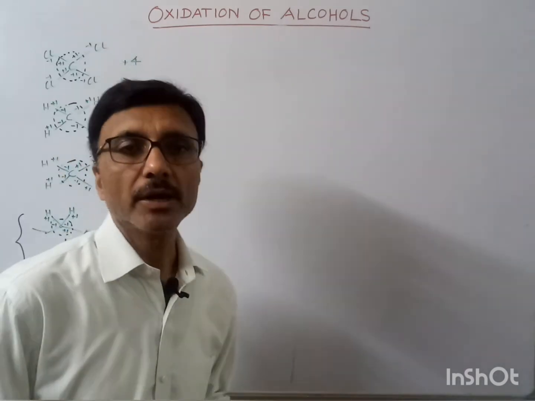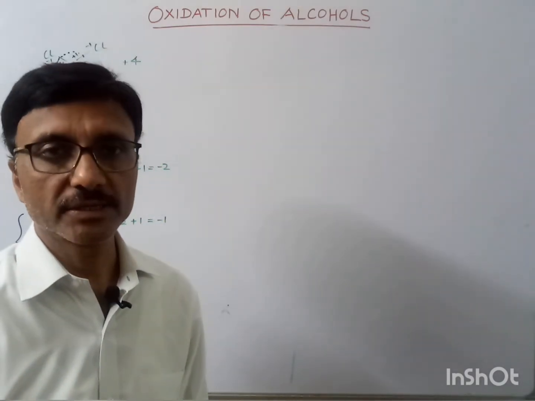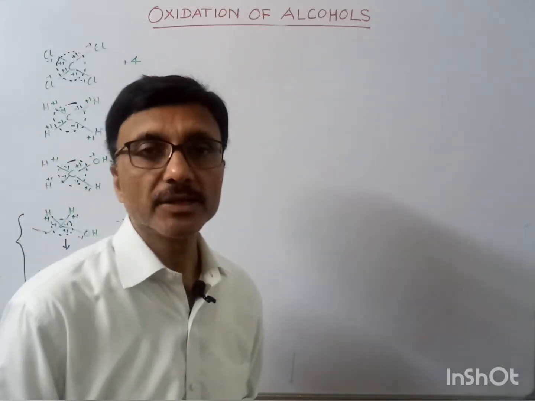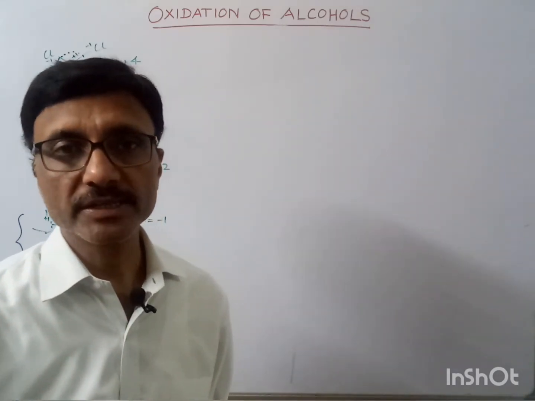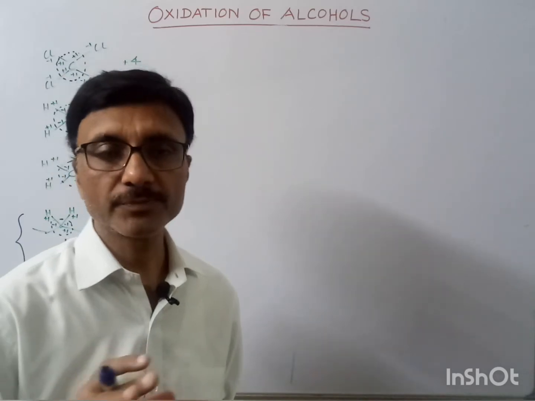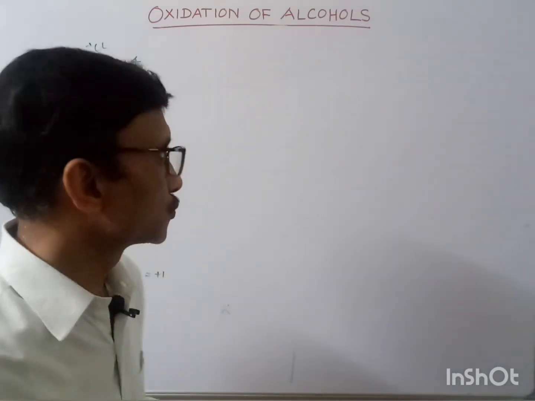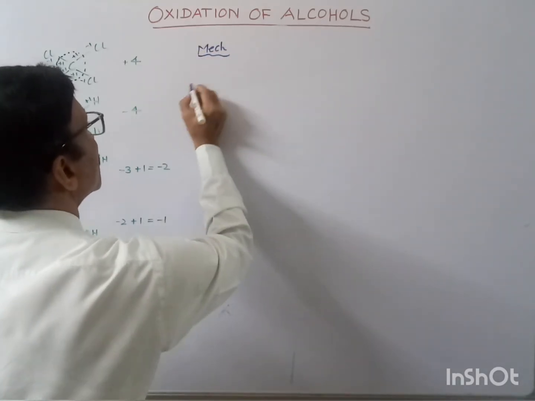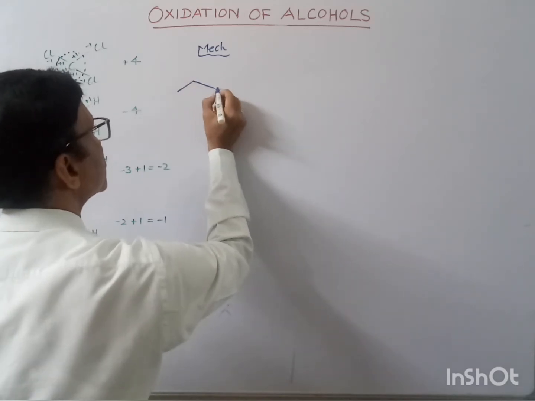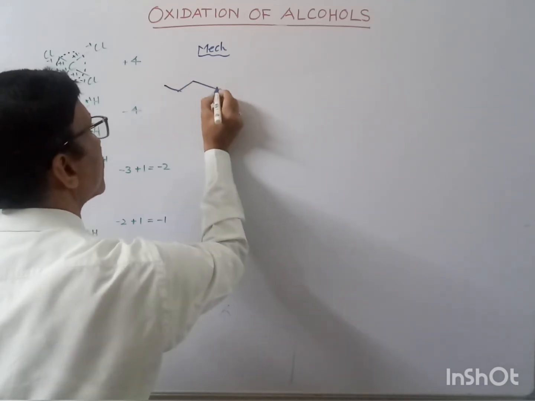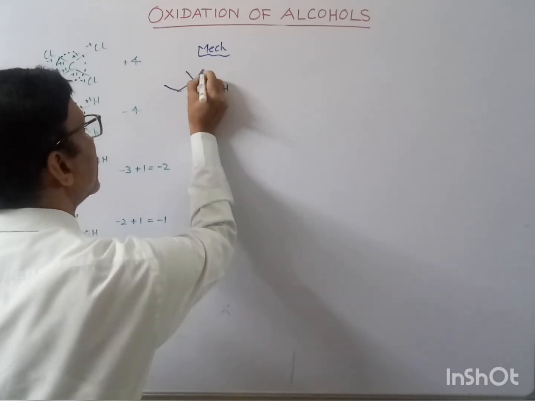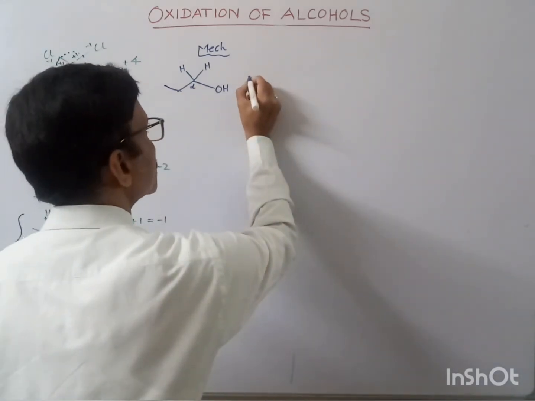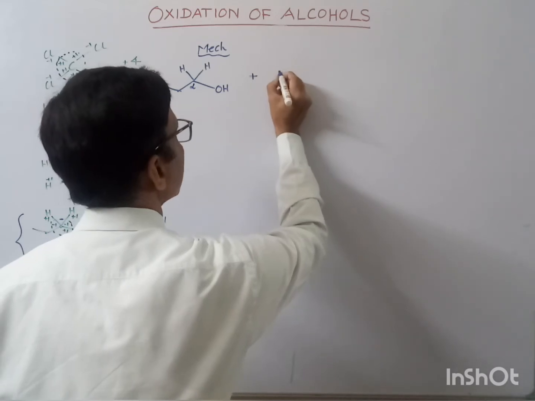What I told you, if we are using a strong oxidizing agent, for example chromic acid, then the primary alcohol would be oxidized to the acid. So let's see the mechanism for this one. Suppose the primary alcohol is present, and here this alpha H is present over here. In presence of this chromic acid,